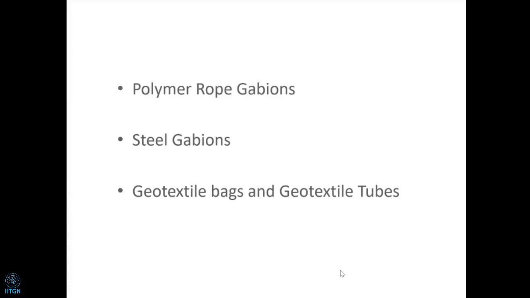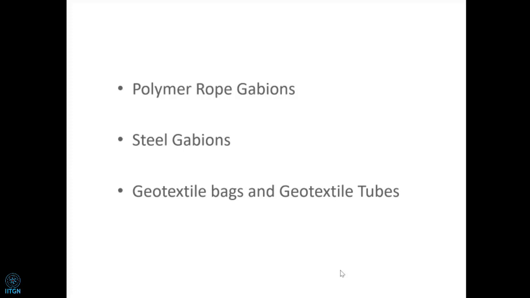Then the armor. Conventionally, they were using armor like tetrapods, big stones, cement blocks, etc. Now, what we use in geosynthetics is called gabions, which are sausages. Small stones can be held in a sausage and they could form a unit and be tied to each other, and monolithically they can cover the entire area. This could be made of polymer, then it is called a polymer rope gabion. Could be of steel, galvanized PVC coated steel, then it is called steel gabion.